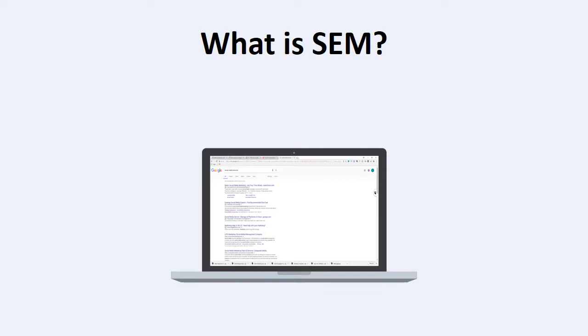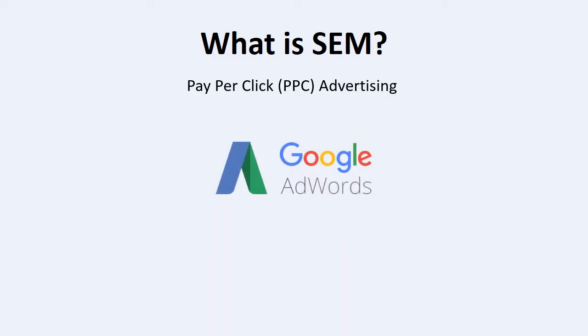SEM is known as search engine marketing. While it includes the process of SEO, this field of study also covers paid advertising on search engines. This search engine advertising is known as paid search or pay-per-click advertising. While there are many platforms for pay-per-click advertising, the most commonly used one is Google AdWords. This topic is covered in other training programs, but let's touch upon the basics since it's relevant to the world